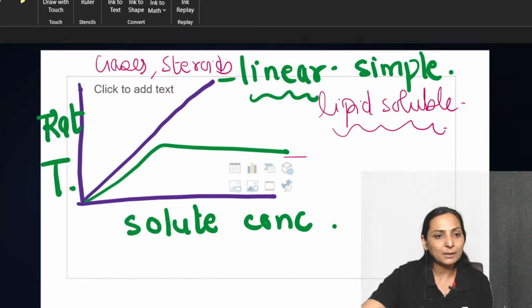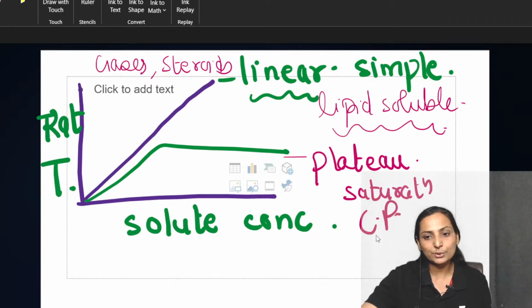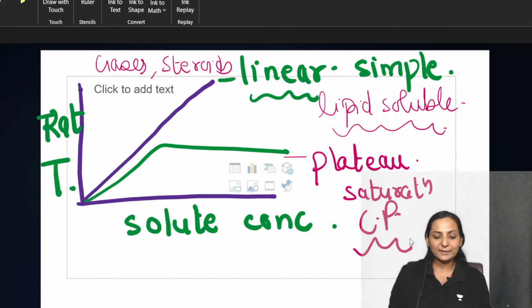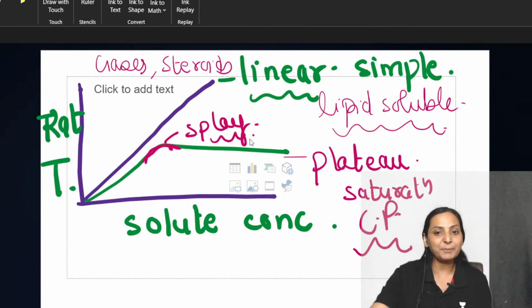Now whenever you get a plateau, this plateau signifies saturation of carrier proteins. So there is going to be saturation of your carrier proteins and therefore you get a plateau. Now this you also get in kidney. In kidney, you study this for the transport of glucose. And one important thing we draw here in the kidney is this phenomenon called splay,